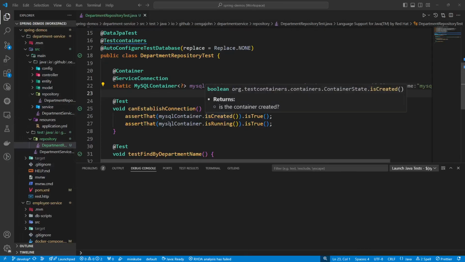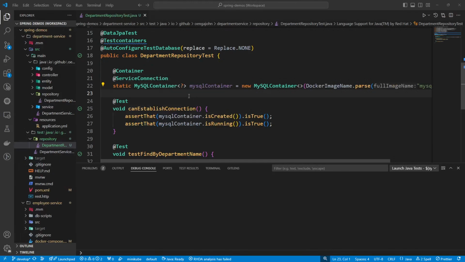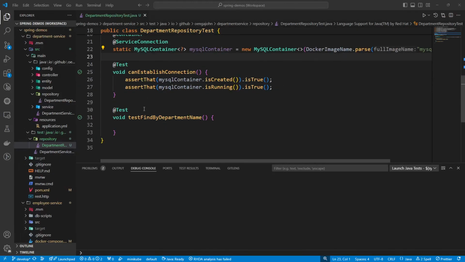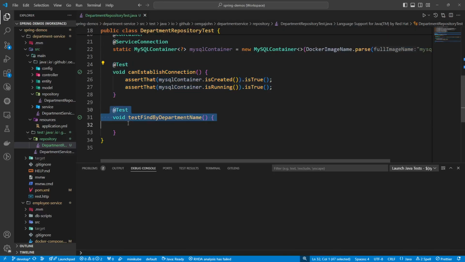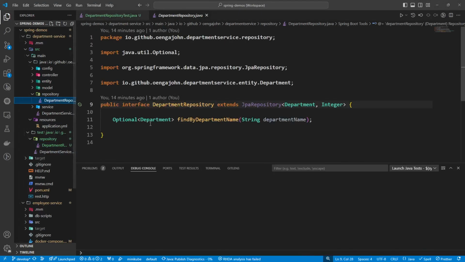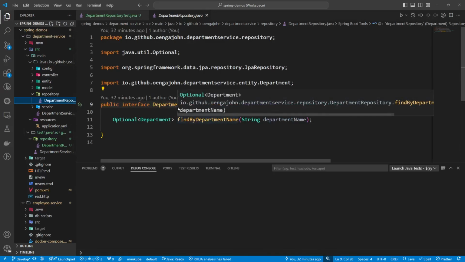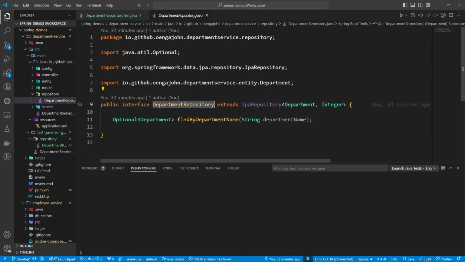Welcome again. Now, the next thing that you're going to do in this particular session is to ensure that after starting our application and ensuring that our database is set by the test containers and we are able to establish connection, you need to start writing tests for this particular method. All right. So to do that, we are going to go to the department repository, and you can see now the class under test is going to be the department repository. So we need to have this, and this is what we are going to test and check whether this particular